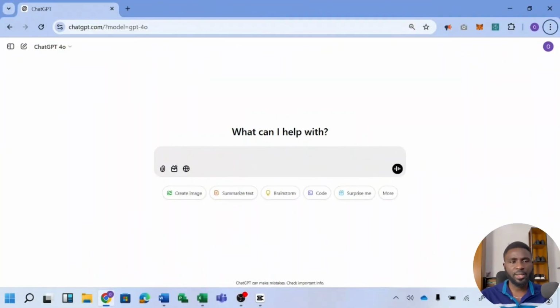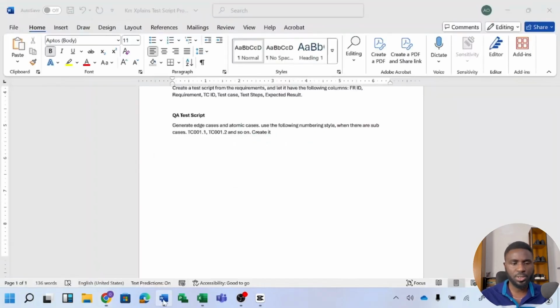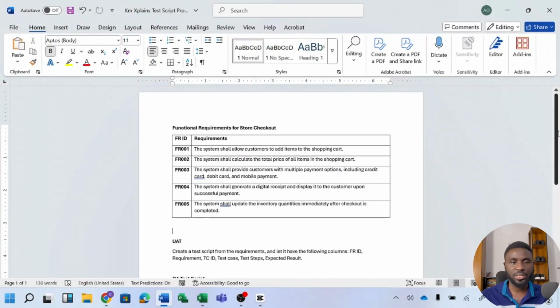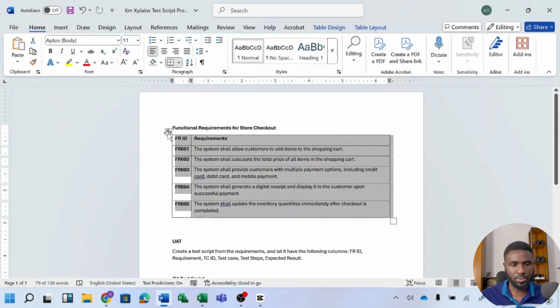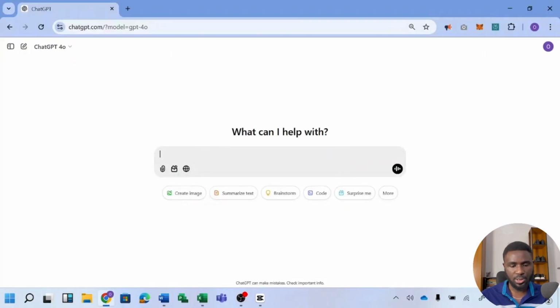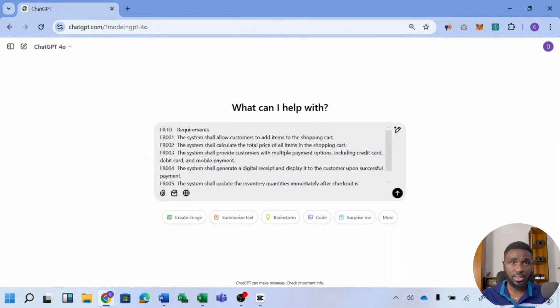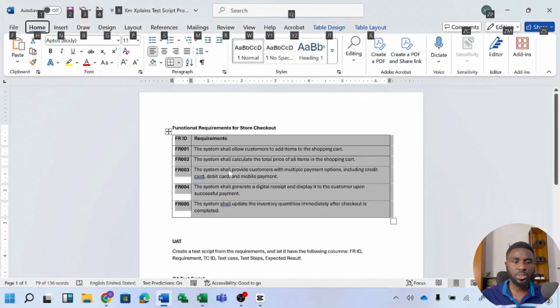So on my screen right here now, I have, of course, our beloved ChatGPT. And then what I'm going to do is take a prompt for some requirements which I have created before. And this is the requirements for a store checkout process. So I'm going to just take this prompt and copy it. So this is the functional requirements, right? Now, the next thing I'm going to do is